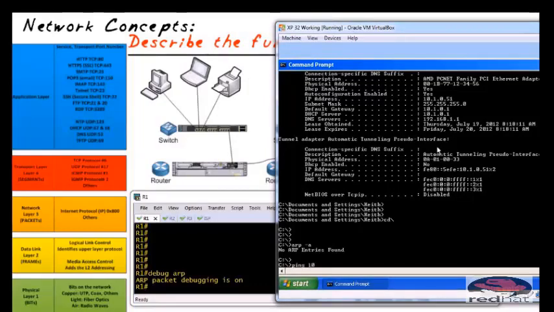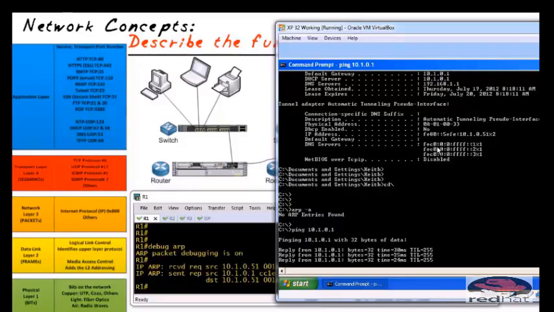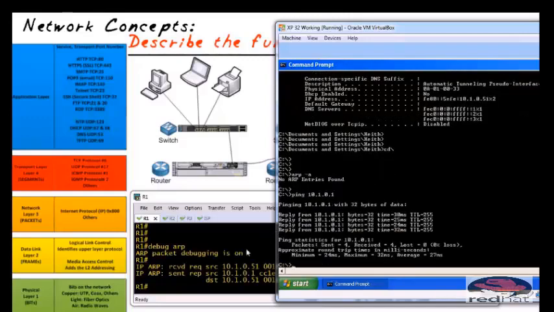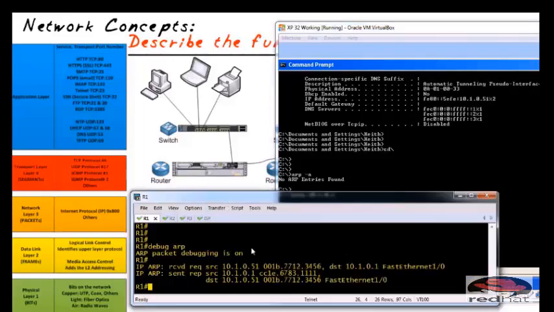Ping to 10.1.0.1. That's the IP address of the router. And if you'll notice, in the background, we have some activity. You don't need to be an expert on debugs on a specific operating system for a router. However, I want to point out what this is saying: I got an ARP, and it was received, and it was a request,